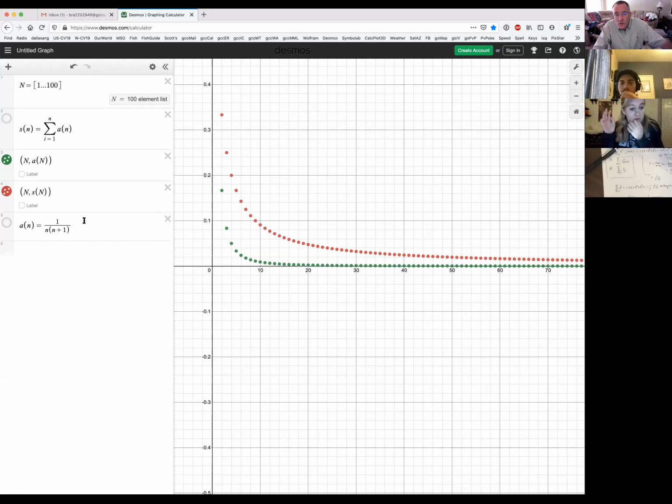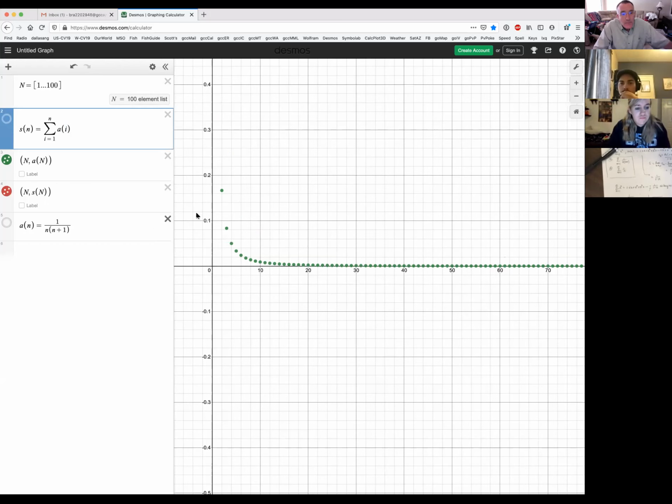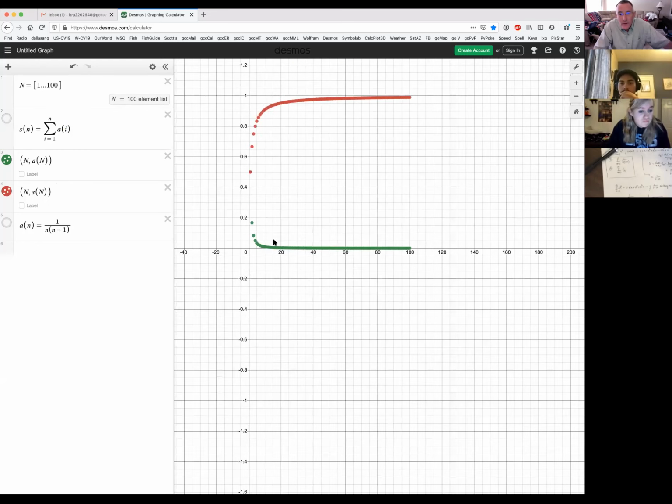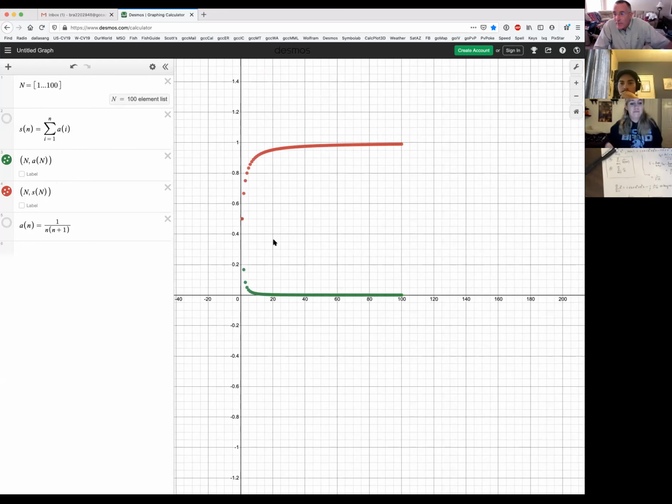I have a question. Sure. Isn't the sum supposed to be a of i? A of i, yeah. Where is it? Up there. Probably a good catch. So how did you catch that? I was looking at it, and if it's counting by i equals 1 and going to n, it's not going to